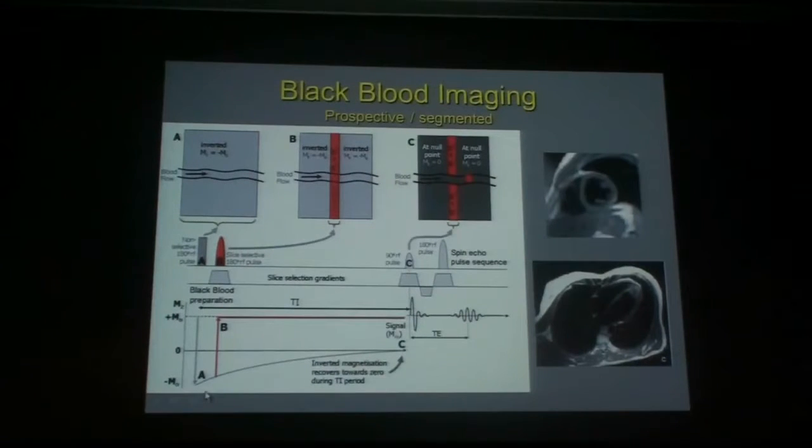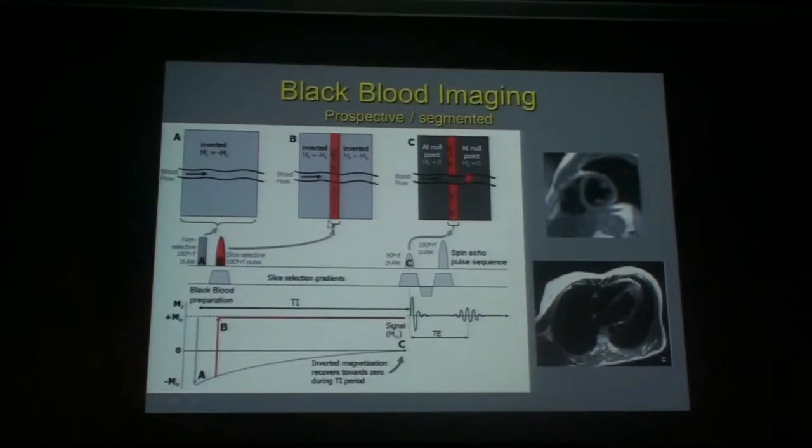So you invert totally the signal from your body, and you wait for it to relax. However, just after this non-selective 180 RF pulse, you're going to put a selective 180 RF pulse in the other direction, so that the slice that you want to acquire is going to go back to a normal magnetization